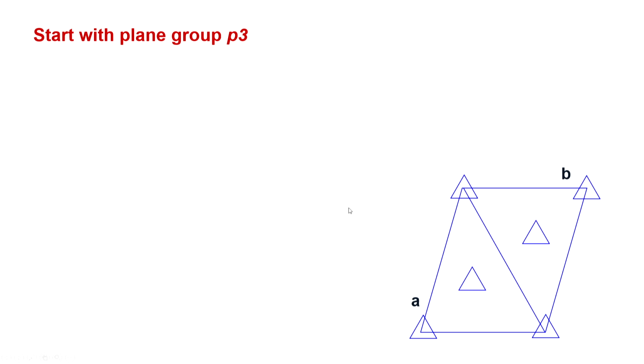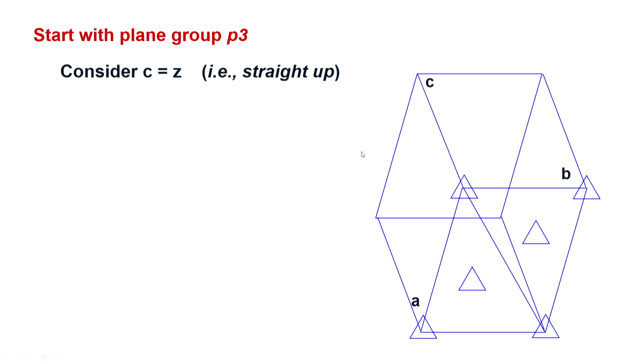Now, let us take a very different plane group, starting with the hexagonal two-dimensional lattice with a threefold symmetry. So, that is the plane group P3. We add a third translation, just add it straight up, that will create no new symmetry, and one will simply get A equal to B not equal to C, alpha equal to beta 90 degrees, gamma 120 degrees. This is your gamma here. So, this is 120 degrees and these are 90 degrees.